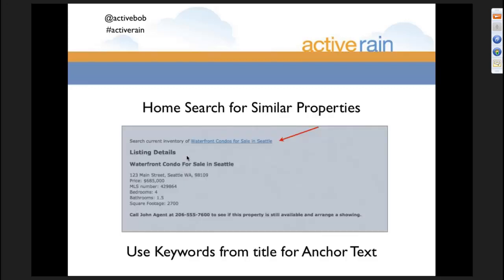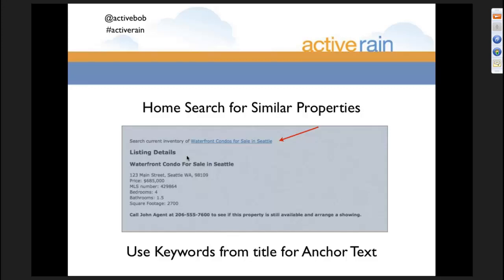So once we've placed the title in there and we start to get into the body of the blog post, the very first thing that I'm going to suggest that you have in the post is a link that allows them to search for similar properties. You'll see at the top of our post, the first line says, search current inventory of waterfront condos for sale in Seattle. It might even be better if I had, waterfront condos for sale in West Seattle, but the anchor text